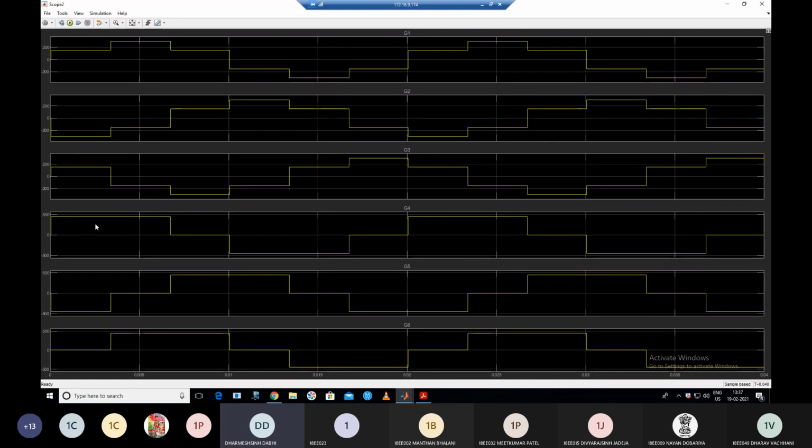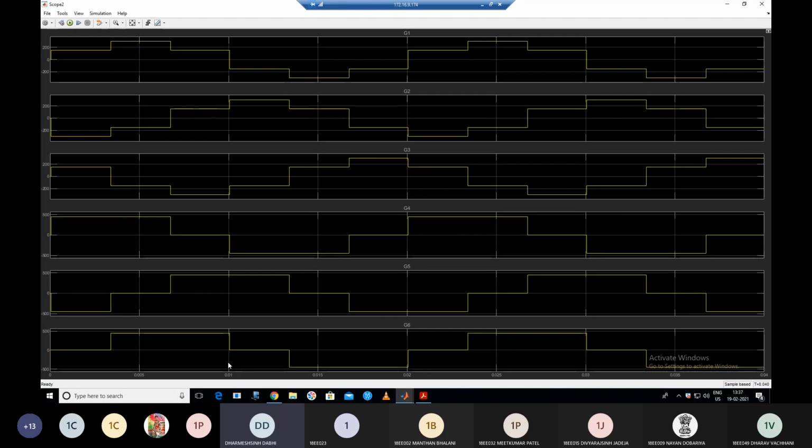First this one is line voltage VAB. As you know, from 0 to 120 degree you get how much voltage? Vs. You can see that it is Vs, 450 volt. Clear? And then from 120 to 180 you get 0. Then 180 to 300 you get minus Vs, and then 300 to 360 you get the 0 value. Same way for VBC and VCA. All of you understand this?